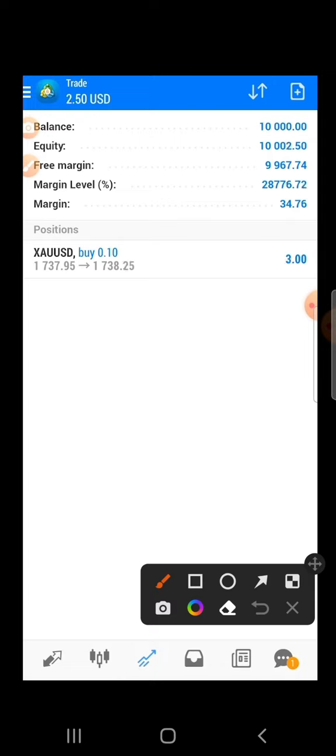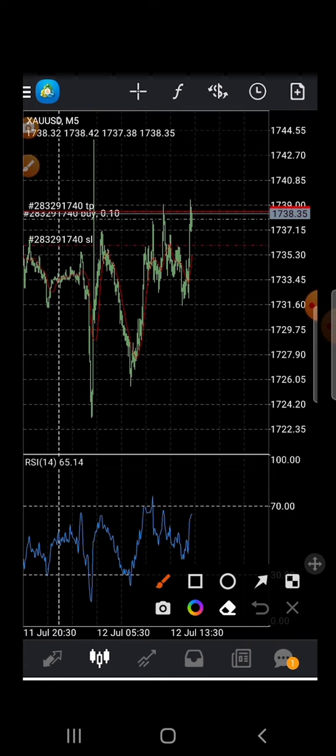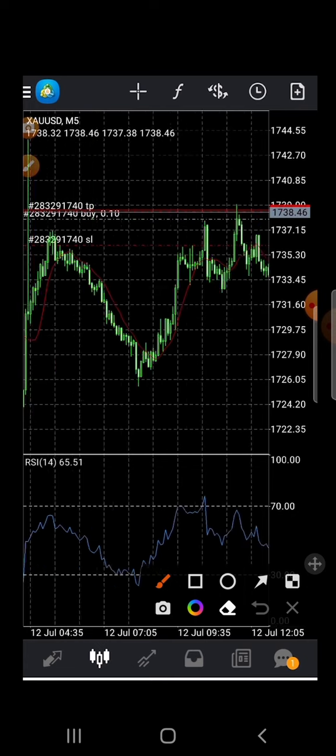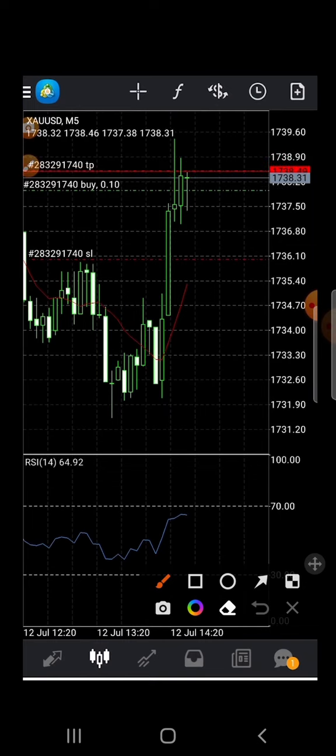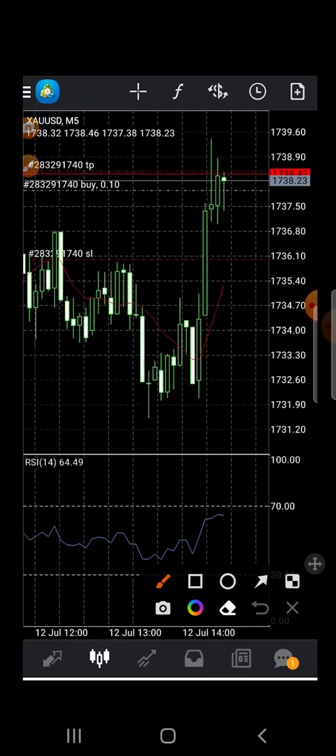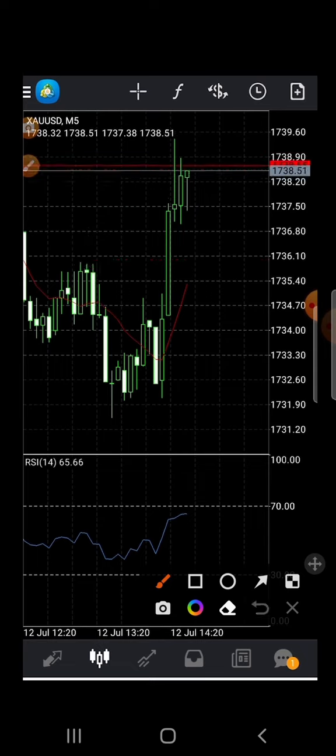All right, so let's look at the chart for this gold trade that we're in. As you can see, the green line symbolizes where we enter the trade. It says buy and it says 0.10, which is the lot size that we used. Below it, you've got the red dotted line with SL on it, which means stop loss. That's our stop loss. And then we've got the red dotted line above it with the TP. That's the take profit. And I made it very tight so we could execute and finish this trade